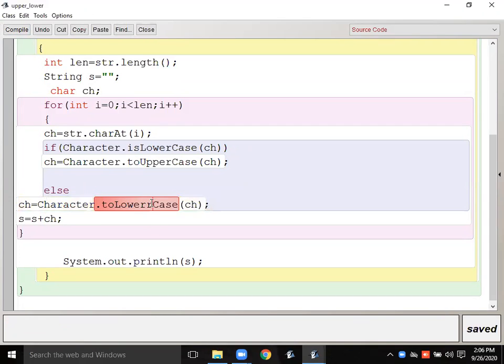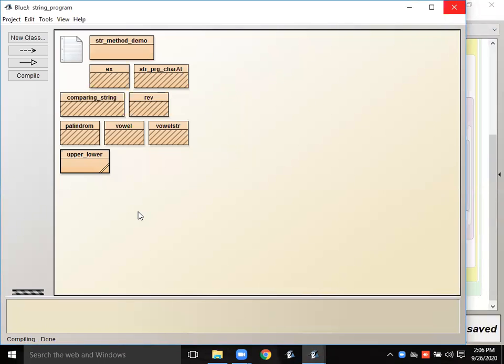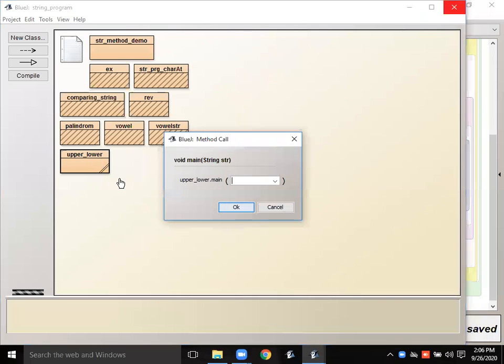Let's see, after compiling, okay, executing. Hello, this is my car.